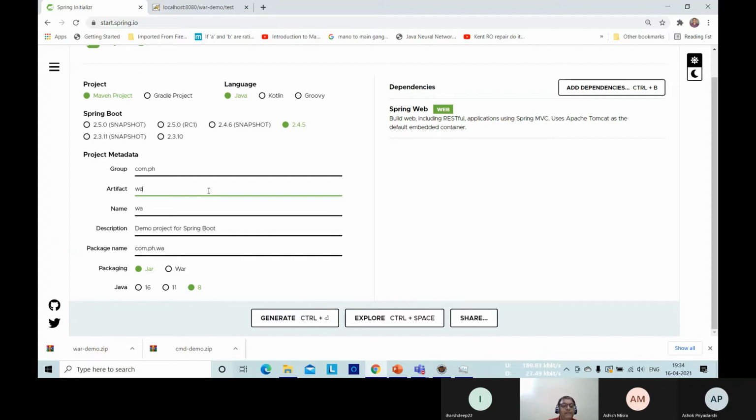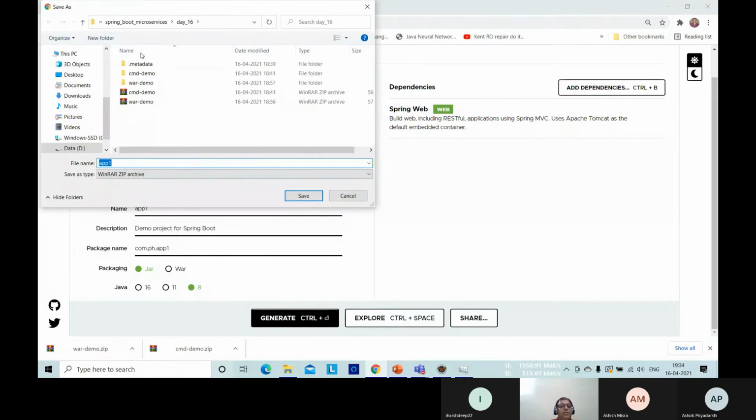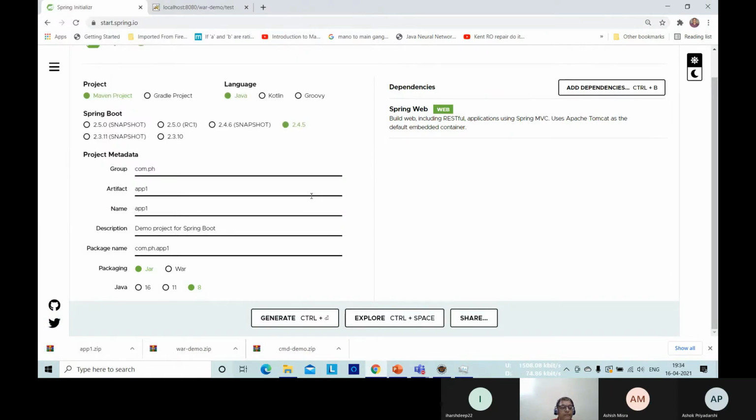Let's say I'm creating app one. Okay, the war file, no, now it has to be a jar, and only this much is needed. That's all. App one gets created. Generated app one. Save. Then one more application I need to create.